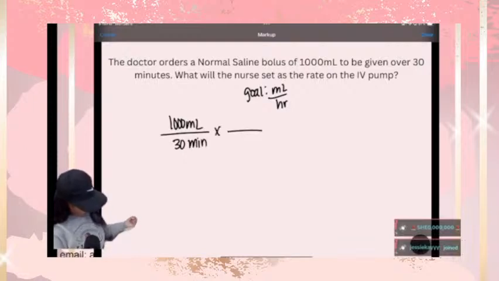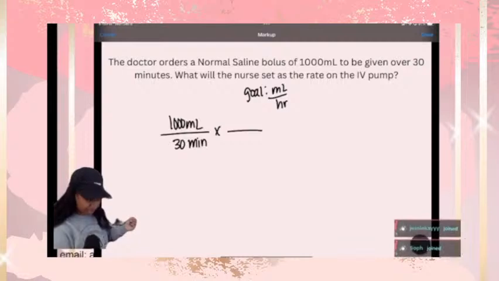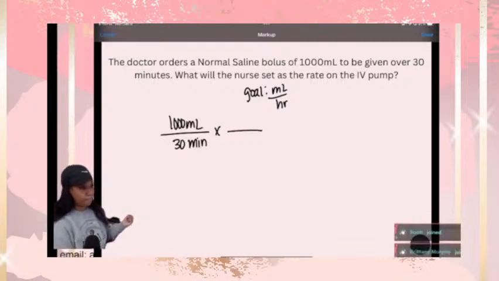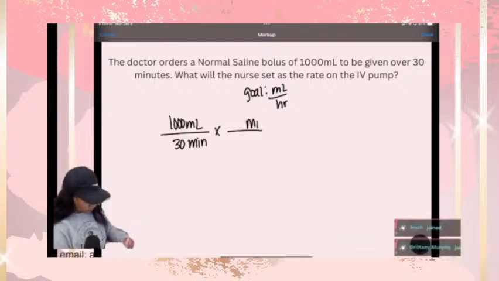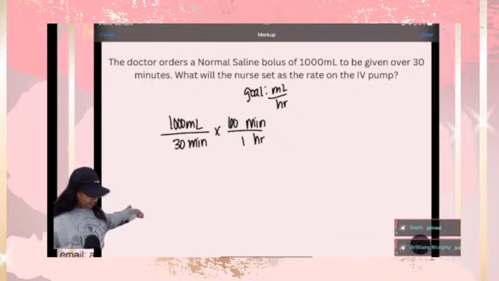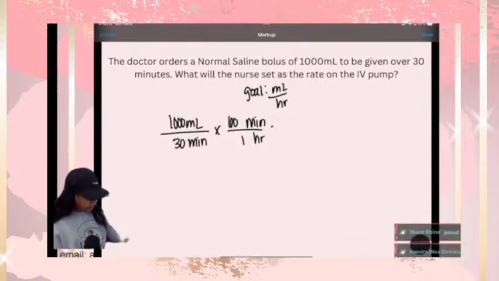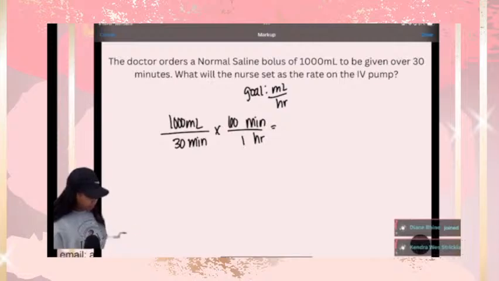I need milliliters per hour. So if I have minutes at the bottom, I need minutes at the top and hours at the bottom. So 1 hour is 60 minutes. 1,000 times 60 divided by 30 is